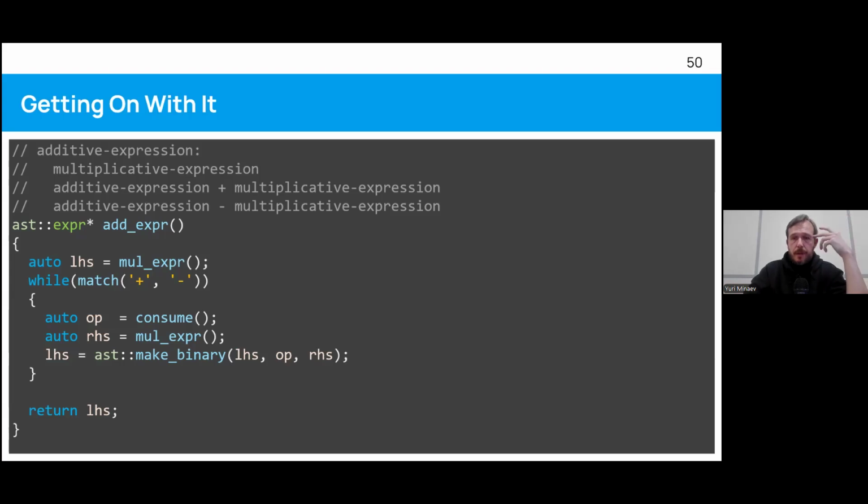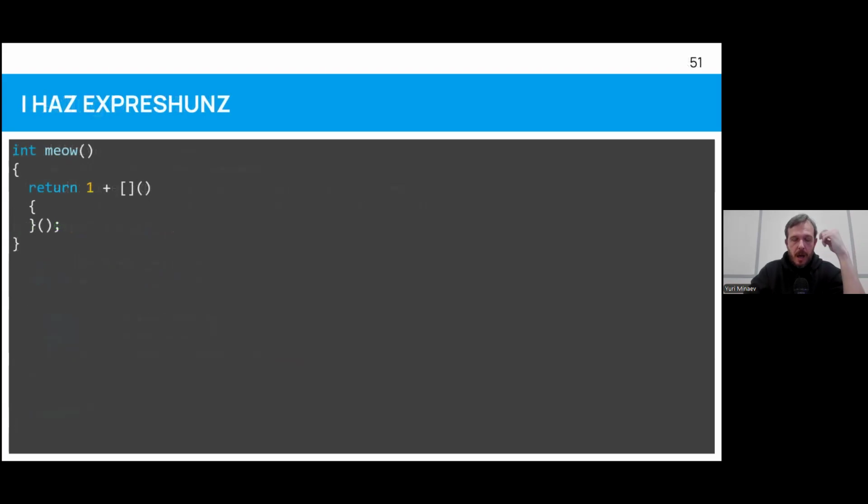That's kind of an easy case, but turns out that expressions in C++ are not that simple. Because we have lambdas, and this one won't compile because our lambda does not return anything, and we don't even know what type it's supposed to return. So let's explore it, shall we?